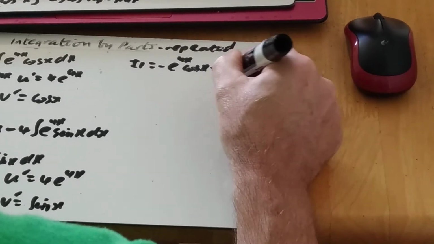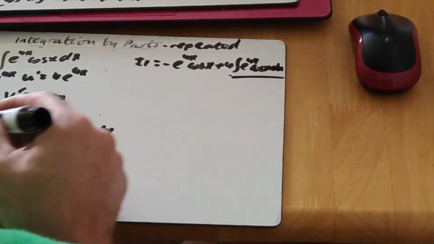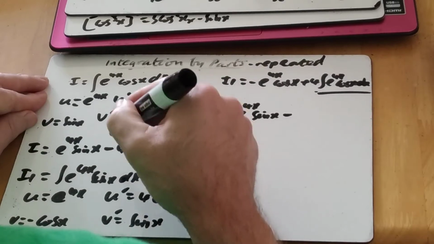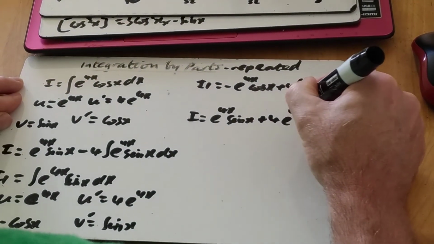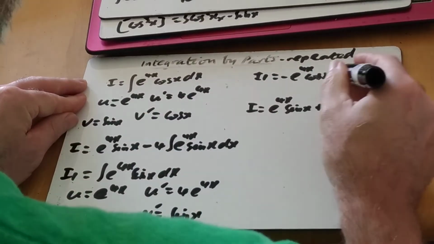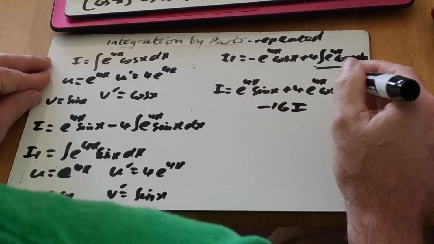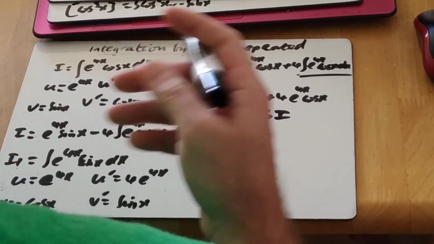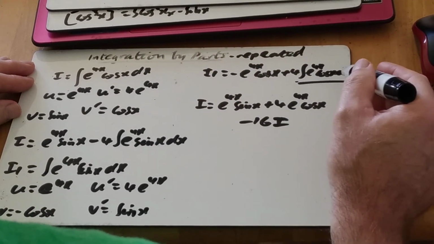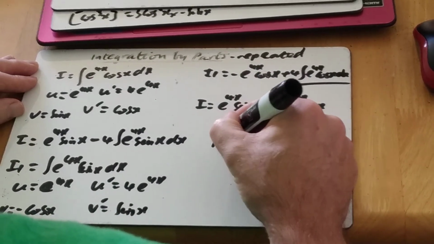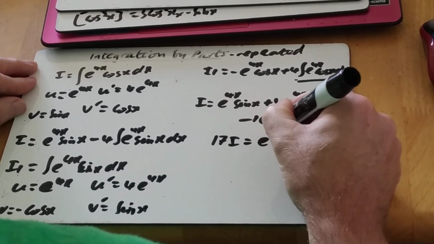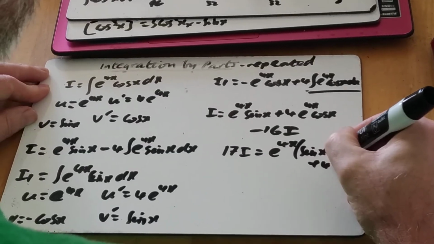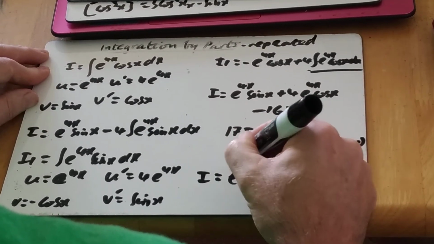And our issue is this part here is exactly what we started off integrating. So when I stick this back into I, I get I equals e^4x sin x minus 4 times this, so it's plus 4e^4x cos x, and then minus 4 times that becomes minus 16I. I'm never going to be able to get rid of the e^4x and cos x. It never reduces to something that I can integrate. But when I do this twice, I get the same integral appearing again. So when I move it across, 17I equals e^4x, I can take that as a common factor, (sin x plus 4cos x). So I is e^4x over 17